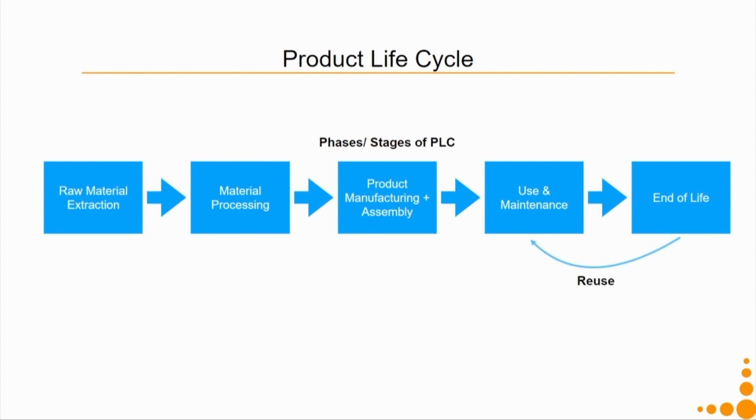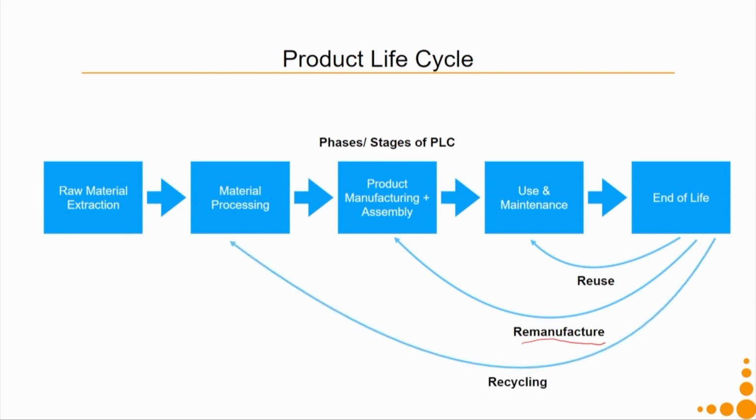So how do we do that? Before getting into it, end of life can mean that it goes into a reuse, which was already accounted for in the use and maintenance phase. So my refrigerator, rather than going to a landfill or something, is reused by somebody else. It can also go for remanufacturing. So say my air conditioner has been built in a manner that the outer casing can still remain the same. Certain internal components can be changed, and then again it can be reused. So in that particular case, I send it back to the manufacturer for remanufacturing, and then again it is ready for the use and maintenance phase.